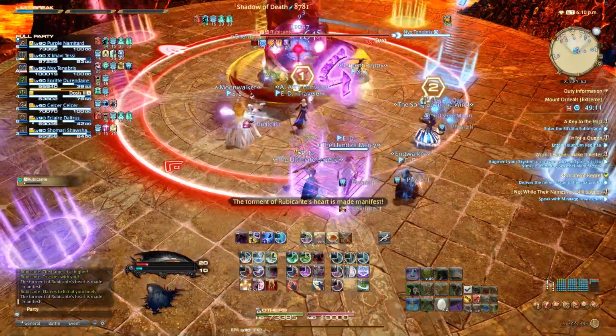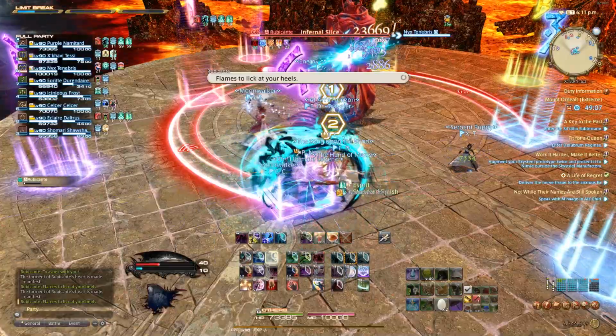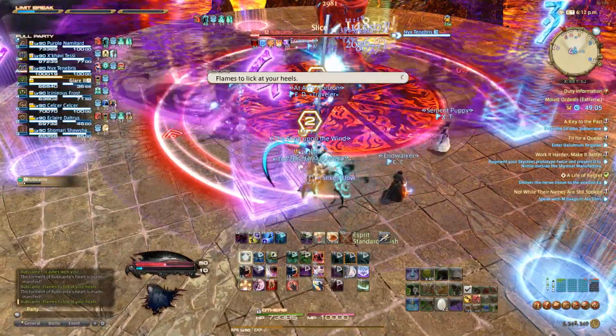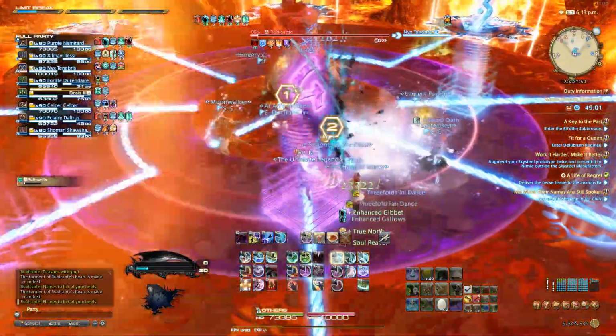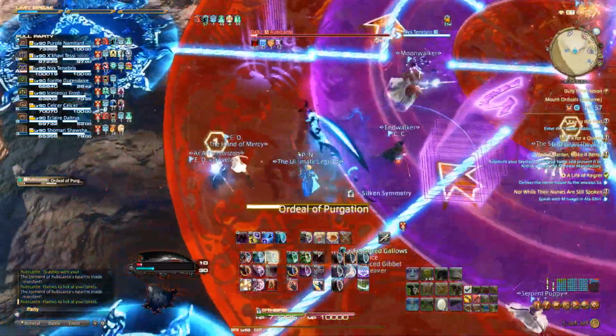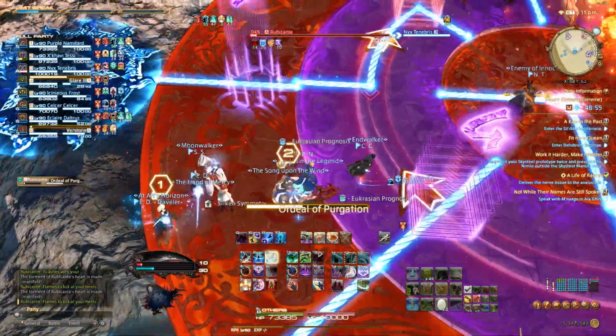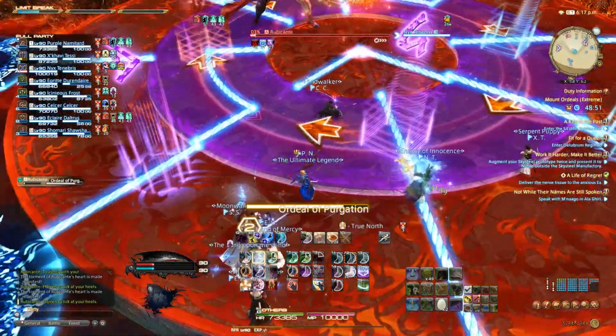So if you couldn't tell with how I explained the mechanics, my biggest issue with this fight is that I think it's kind of backloaded. Basically the whole second half of the fight is where it really starts to get fun, and the first half of the fight is very sleeper mode outside of Mario Kart. It's also unfortunate that I think this fight's major gimmick, Ordeals of Purgation, is its biggest weakness as well,